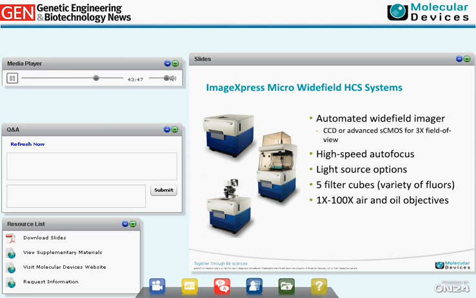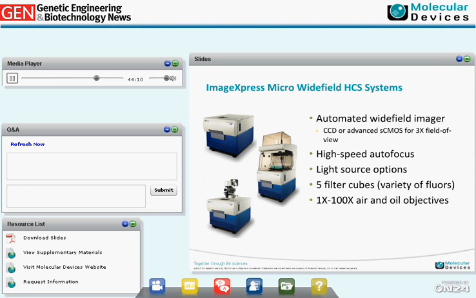The system is also fitted with a high-speed laser autofocus, which allows the instrument to find focus across your samples without impacting sample quality, a number of light source options, as well as user-configurable optics, including the capability to fit the system with up to 5 filter tubes, allowing the researcher to access a broad variety of fluors, as well